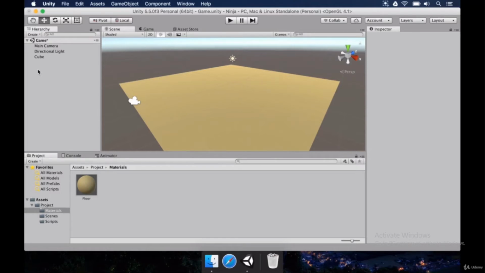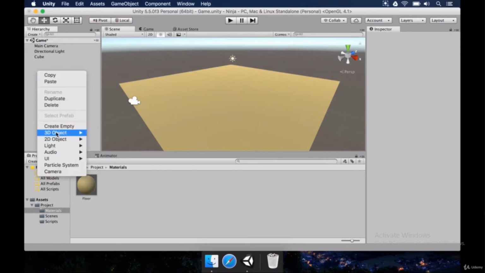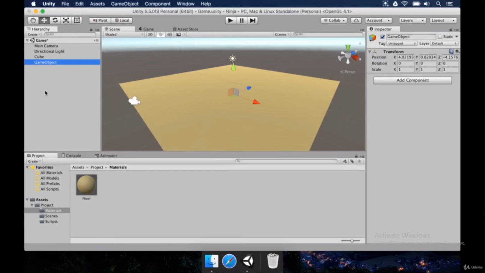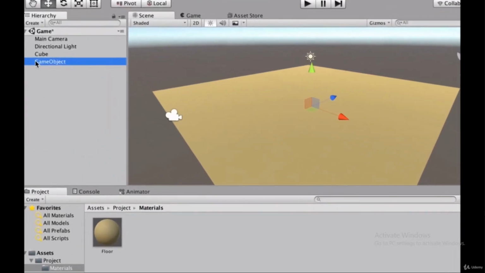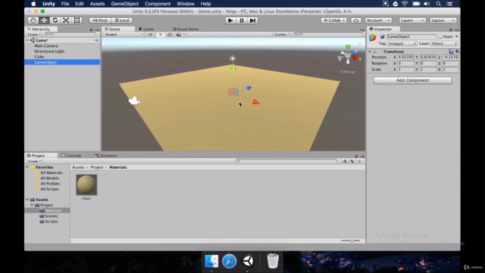And to keep things simple, we're going to right click in the hierarchy and just choose create empty. We made an empty game object. Just as a heads up, we're going to add a cube. Okay, our ninja is going to be a very simple cube. But while it's not turned into a cube, then we do a simple game